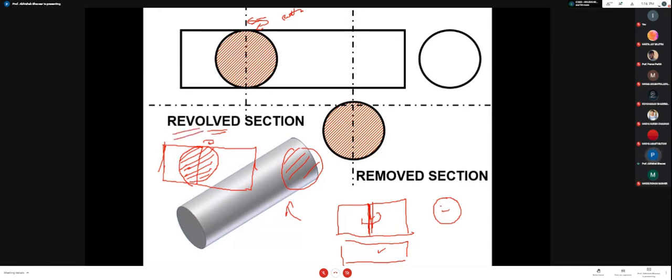What does the revolved section show? It shows the cross section. What is the cross section of this figure? It is represented by this. So instead, if I am having such type of figure, if I have drawn like this, which type of shape will your figure have? Will it be a pipe-like construction, a cylinder type of construction?